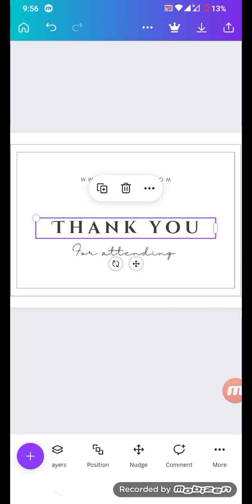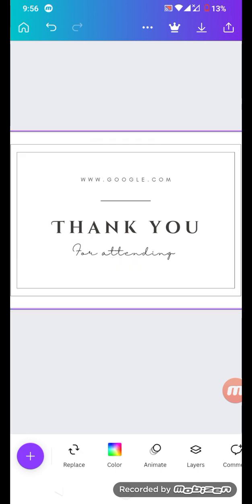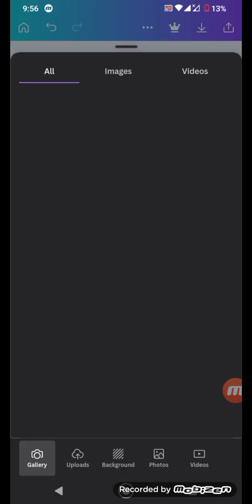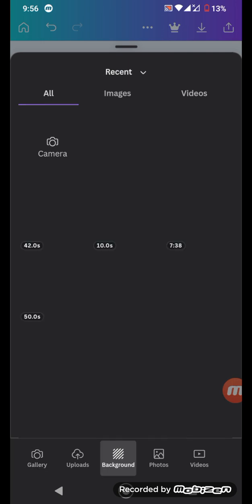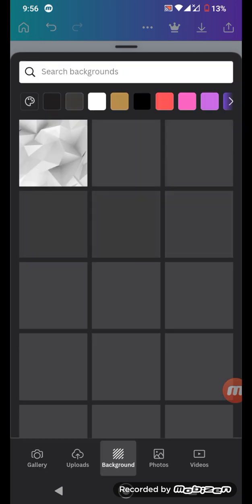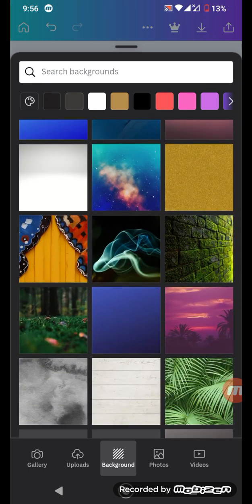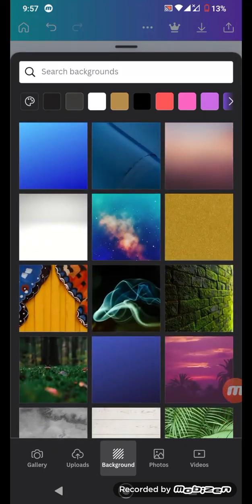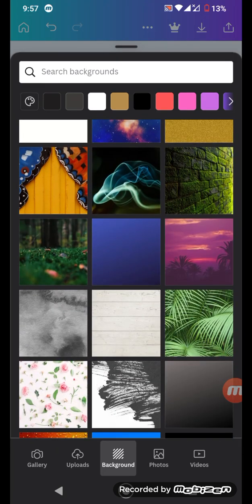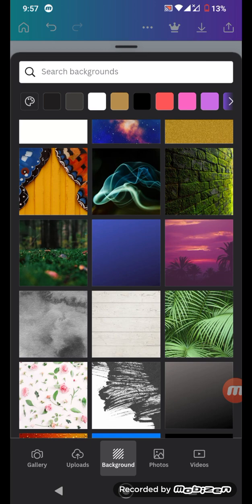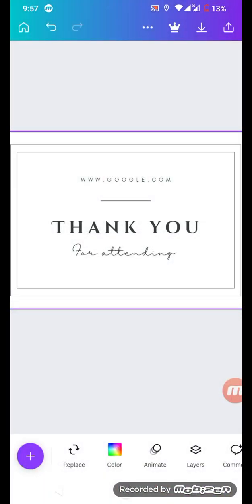Okay, so here click on replace and then click background. You can remove your background just from here. Okay, and you can also upload your photos for background. Okay,